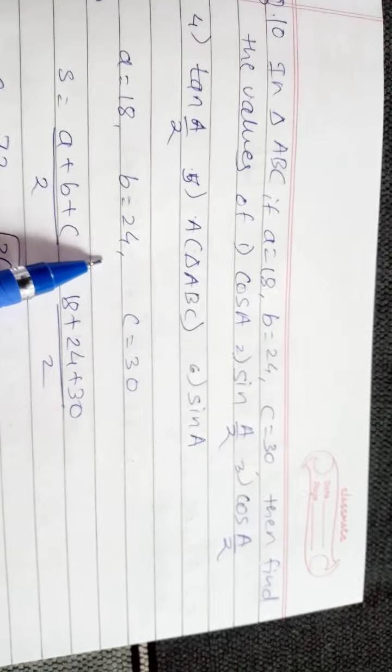By calculation, taking the squares, the square of 24 is 576, 900 and 324. Taking the addition and this subtraction, we get 1152/1440, and by solving this we get cos A = 4/5.